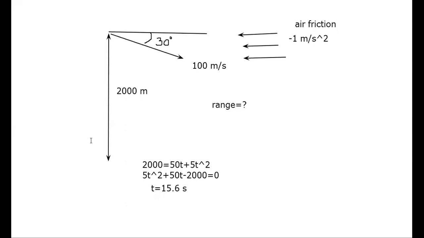Okay, so I'm just explaining the thing, for those who haven't understood. The first section of the question was related to a plane flying at a certain height, from which a packet was released, and the speed with which it was released was given as 100 meter per second. The aeroplane was flying at a height of 2000 meter. This was the first section of the question, and air resistance was not present.